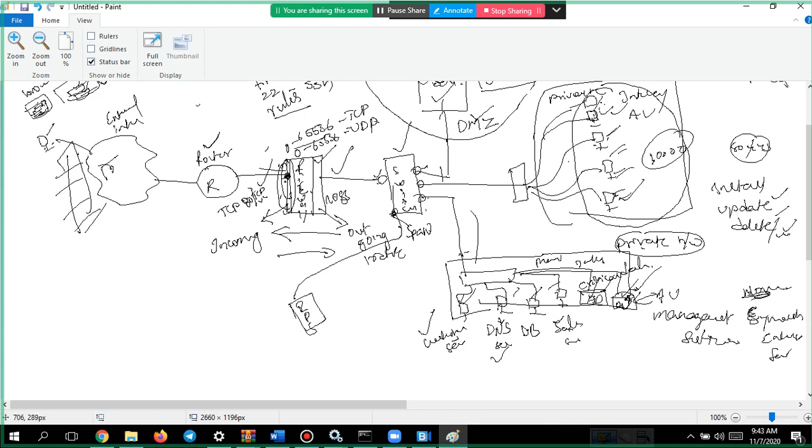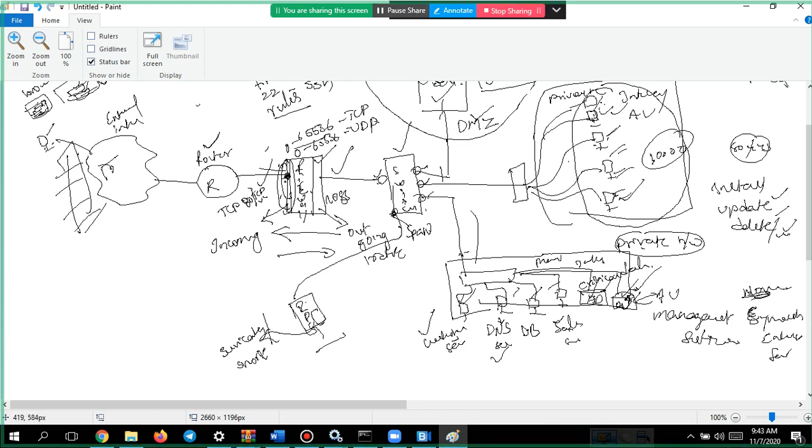Okay, from these ports, every packet, one copy will be sent to one machine. On that particular machine, we are installing some software called Suricata or Snort. We are not learning them, but we are just understanding them. One copy of the traffic will be sent here, and we have installed this particular software on this machine.